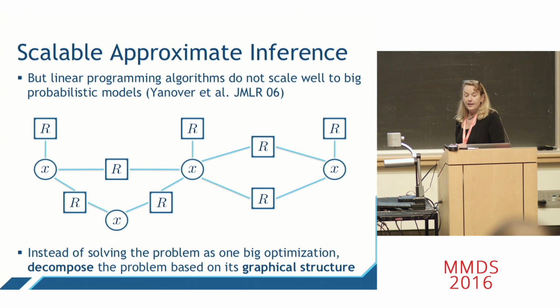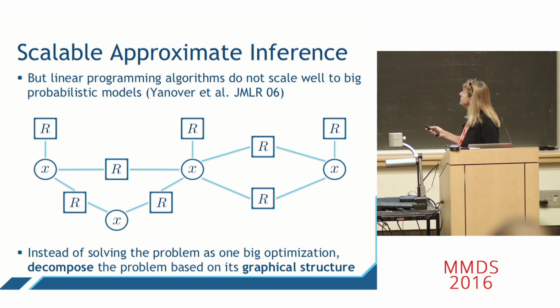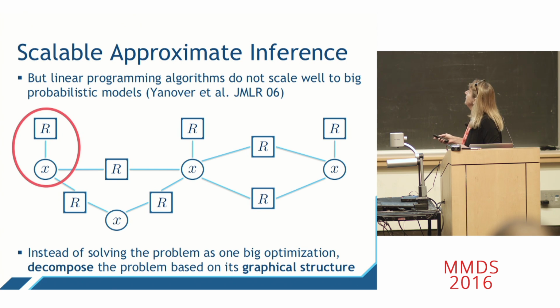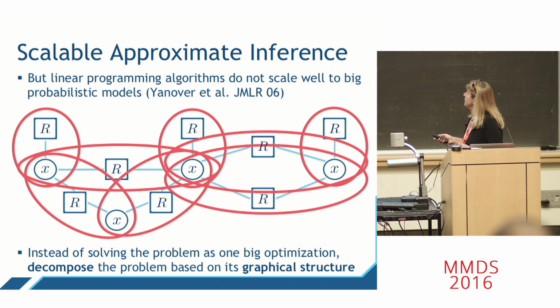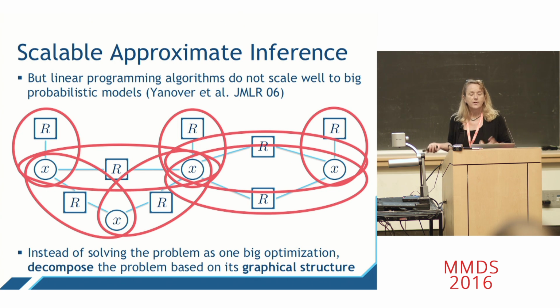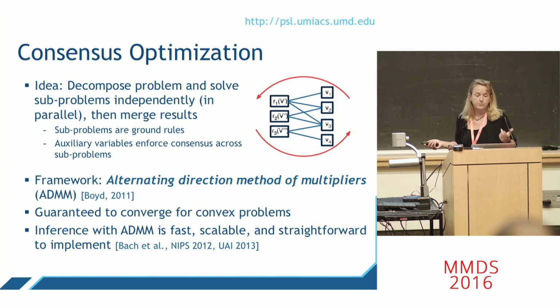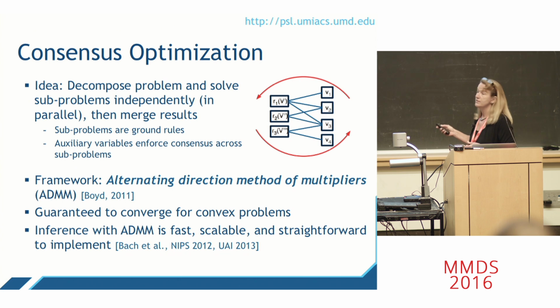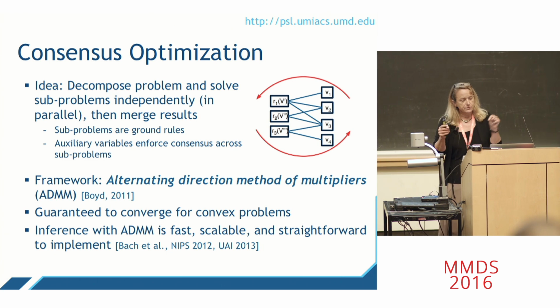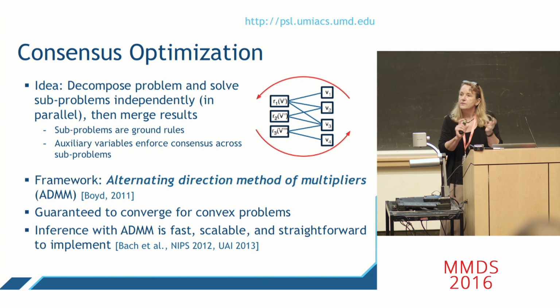Now to make it scalable, we can exploit the structure of the optimization even more, because there's really a fine-grained structure in these things. I can look at each of these potentials, look at the graph structure, and make use of a variety of optimization techniques, but in particular the one that we make use of is ADMM, a consensus optimization that, we have to do a little bit of work to show that we can solve these efficiently.